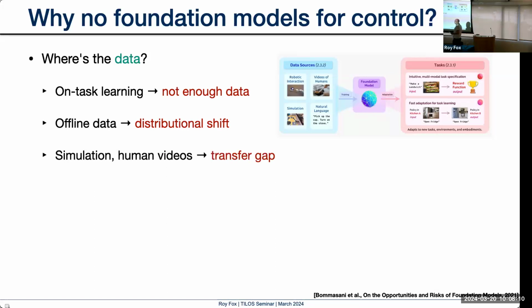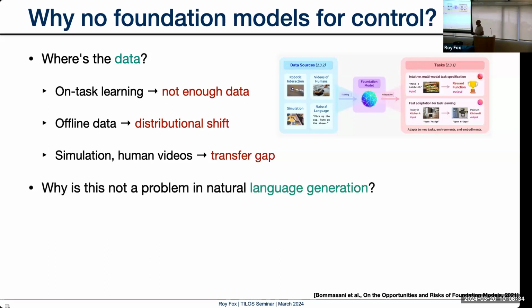We can use simulation to collect a lot more data. We have a lot of data from humans, like videos on YouTube of people cooking. Can you teach a robot to cook from those videos? There are a lot of questions there. The transfer gap is larger, so it's not easy to use. A lot of people say, once we have this data, like we have in other fields, in other modalities, we're going to solve this. I think we need to go a bit deeper than that. I don't think that's enough reason for why we're not succeeding right now. We've been building these big models that really generalize across a lot of tasks.